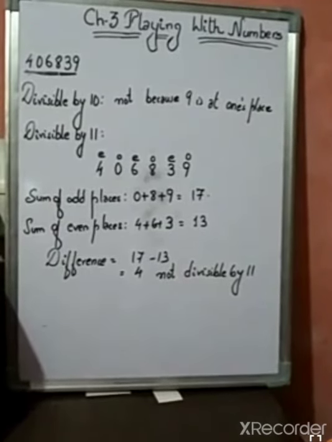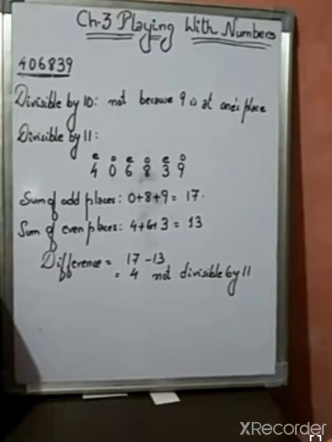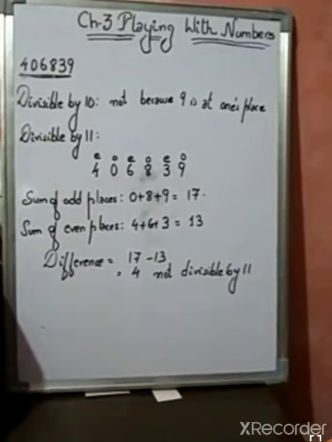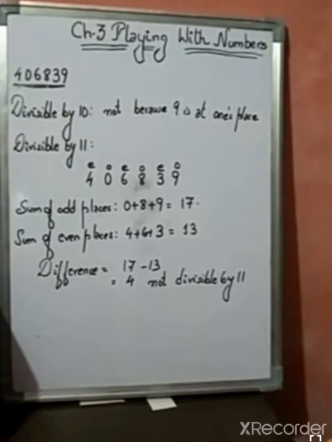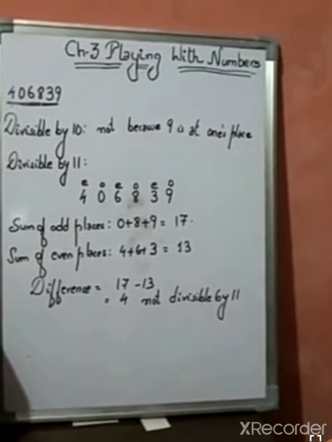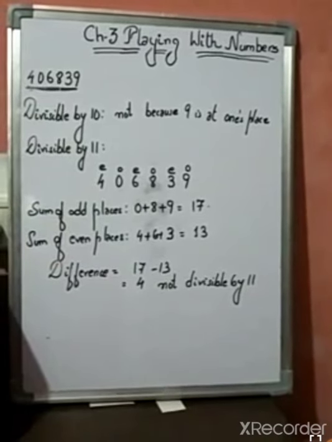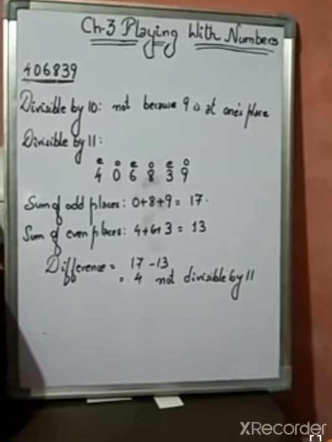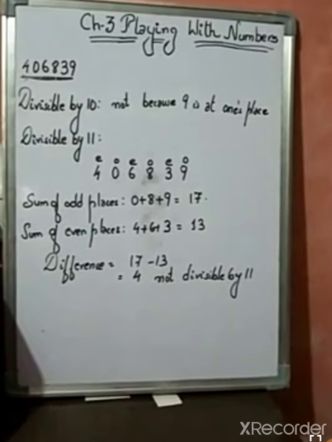Let's check for the divisibility by 11. I have written this number as I have told you earlier also, we have to start from the odd places and from the rightmost side, odd, even. Next I have taken the sum of all odd places. It's 0 plus 8 plus 9. Answer is 17. And the sum of even places, it's 4 plus 6 plus 3. Answer comes out equal to 13. Next we have to calculate the difference of both the sums. So the difference comes out equal to 4. As we know that 4 is not divisible by 11, hence this given number is not divisible by 11. Similarly, we can